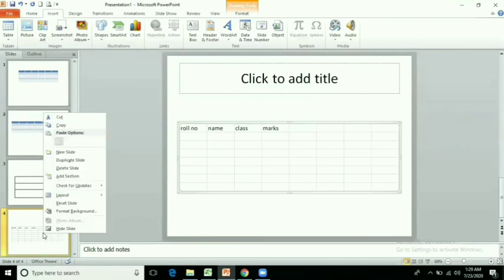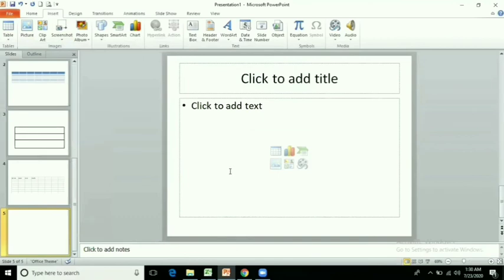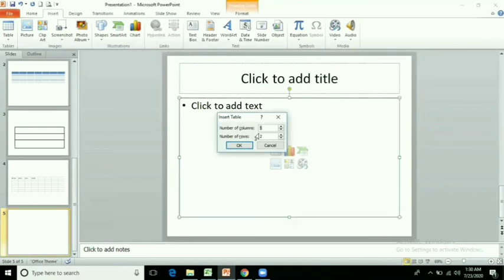And one more, I'm just inserting one new slide. You can see here, here also insert table is displaying. Directly you can click on it. The same option will come as we have done when we have gone to the table. So here you will provide number of columns and number of rows, and then just press OK.